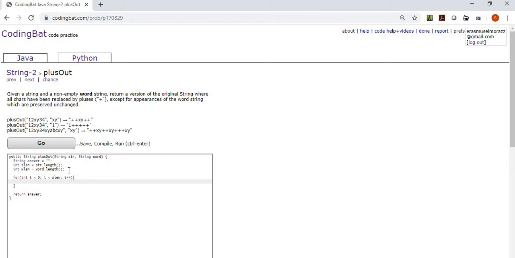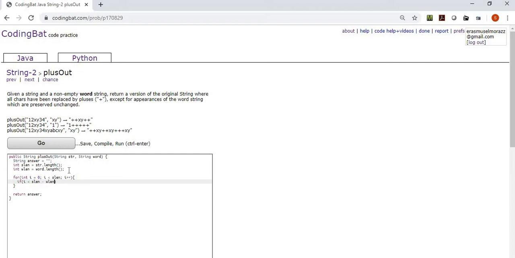Everything else is going to be pluses. So let me see, if i is less than... minus,